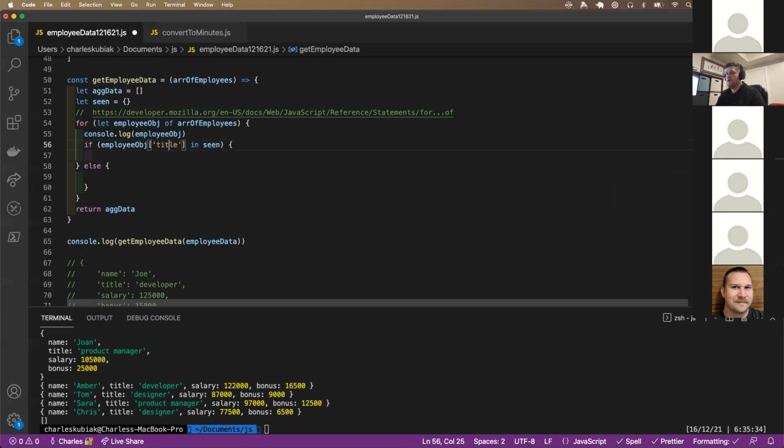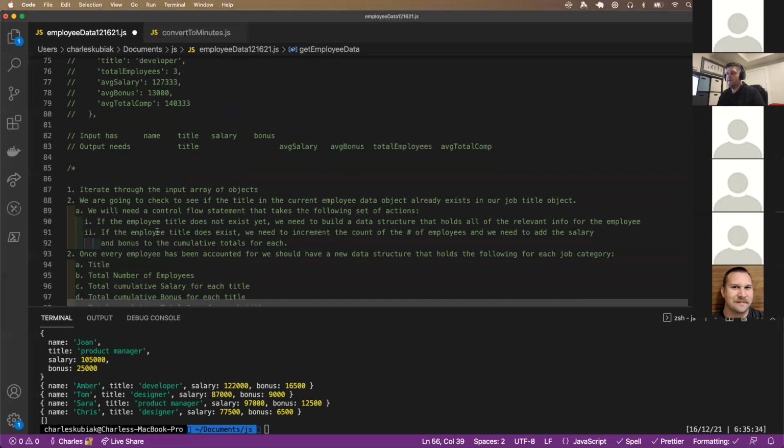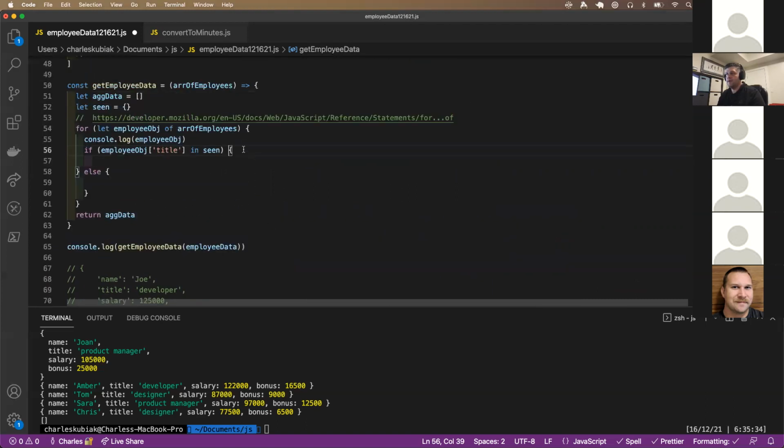This is saying if you already see it in there, take this set of actions. When we come down to our notes, if the employee title does exist, we need to increment the count of the employees, and we need to add the salary and the bonus to the cumulative totals for each. And so what's going to happen here is